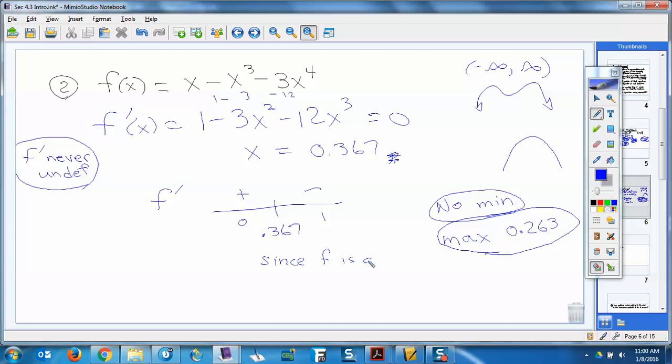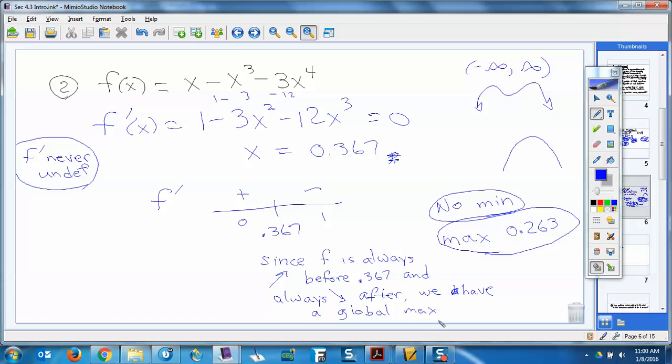F is always increasing before 0.367 and always decreasing after, we have a global max. So you'll hear me talk about that in these situations where we can't do a list of